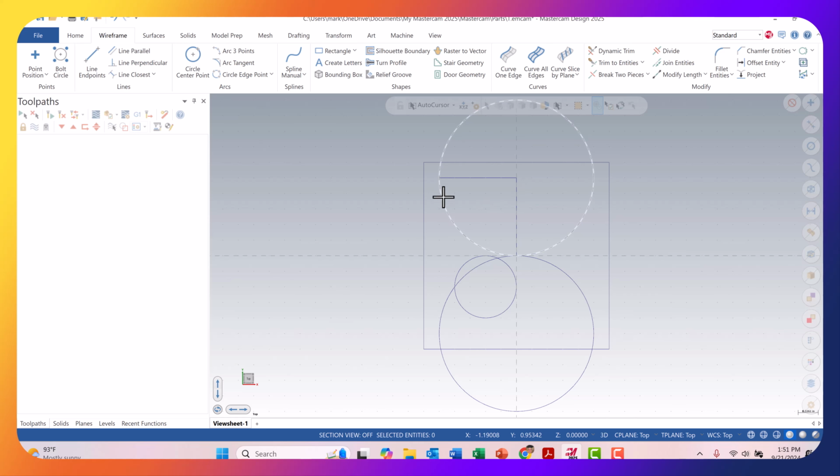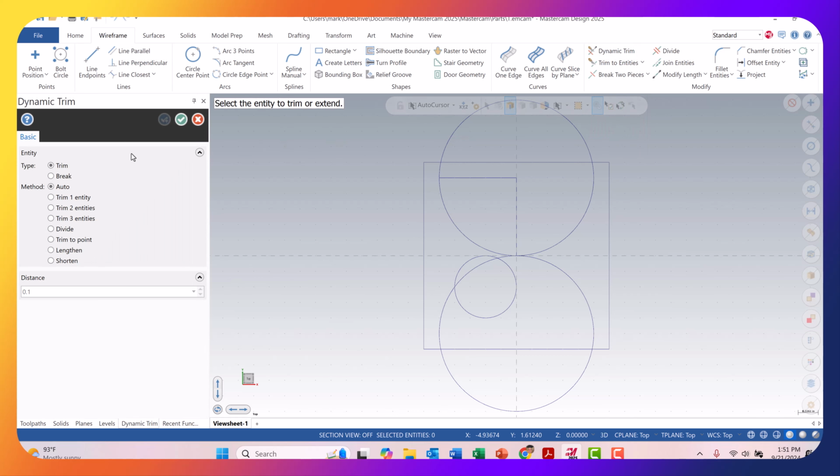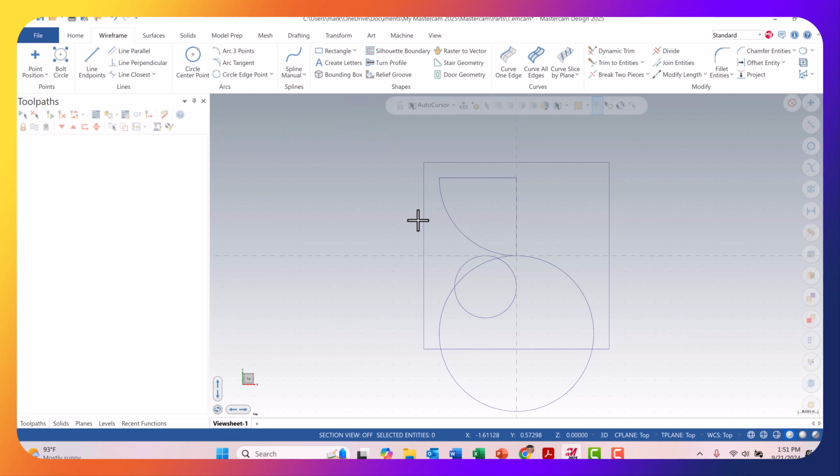So now I want this curve right here to be left, and so I want to trim. Where is it? Dynamic trim. I want to trim this piece. I want to keep this piece, so I select that, trim it to there, select that, trim it to there, and then I'm good to go. So I'll do the same thing down here, trim that one a similar way,